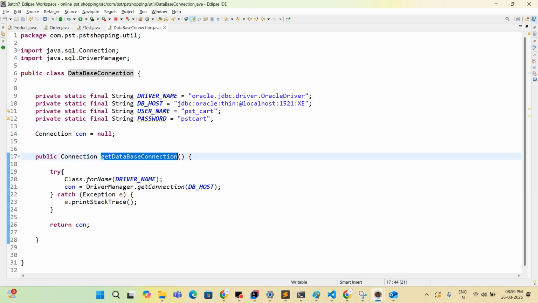I need to call this method, but I don't want to create an object for this class. Static method. Use a static method. Very nice, wonderful. So I can make a static method here, so that inside the static,